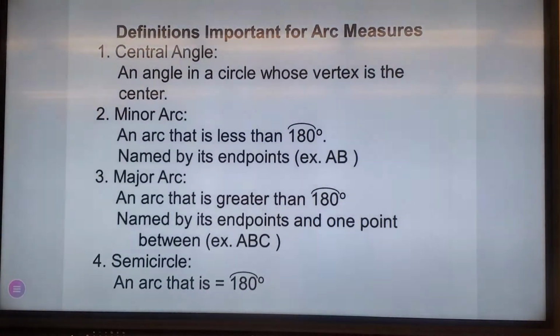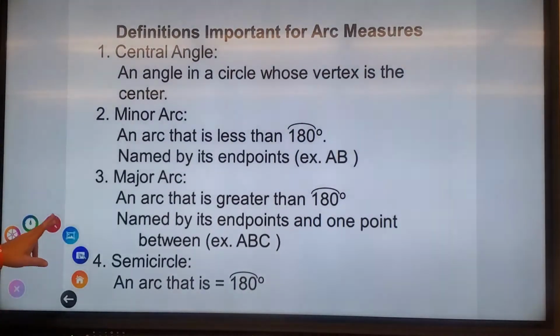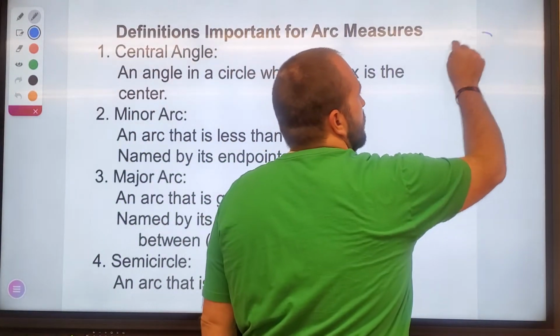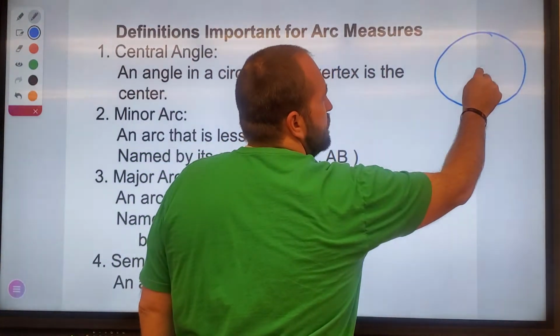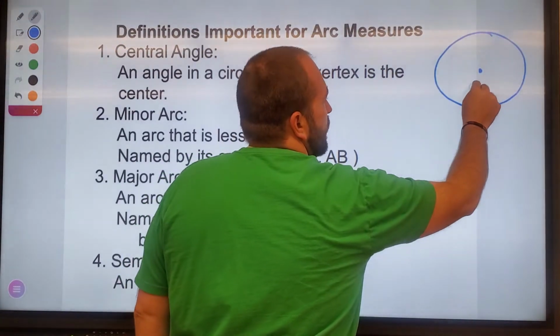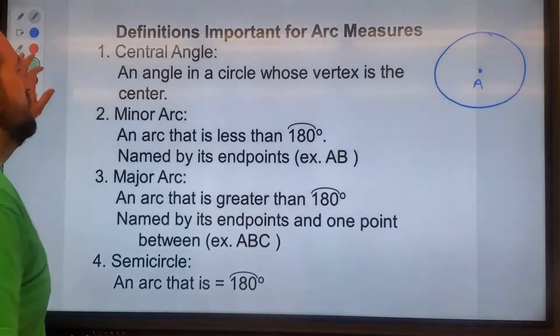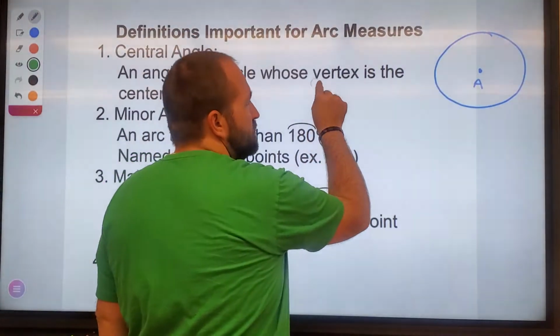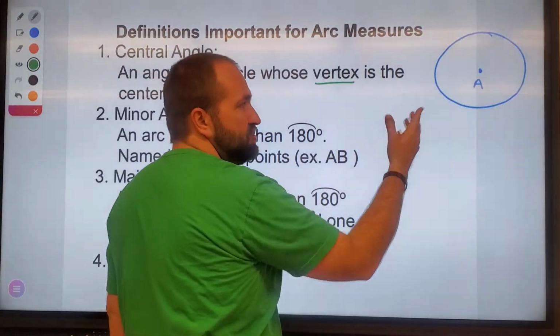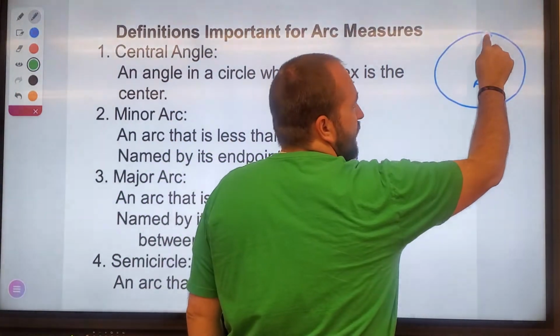Okay, there's more notes here to go through. Definitions are important here. A central angle is an angle in a circle whose vertex is the center of the circle. Okay. In other words, I have a circle. And I have my middle point here. Let's call it A. And what this is saying is that I have an angle that connects at the vertex at the center. So the vertex is just that point of the angle. So if I have this angle here,